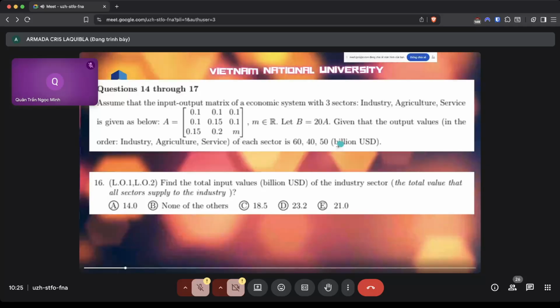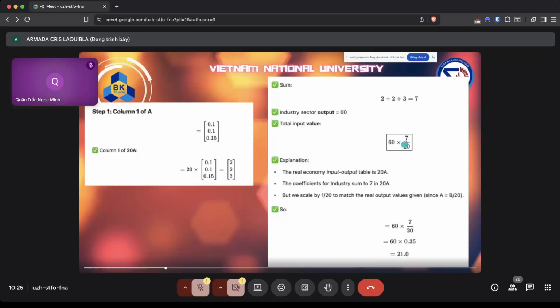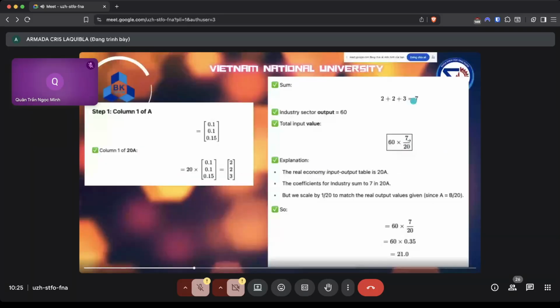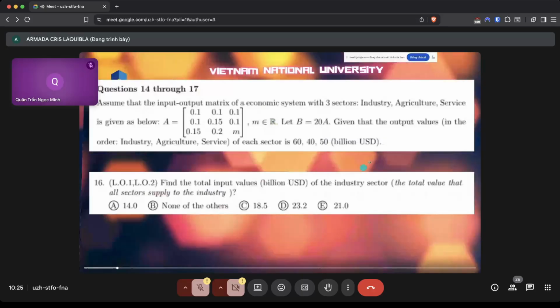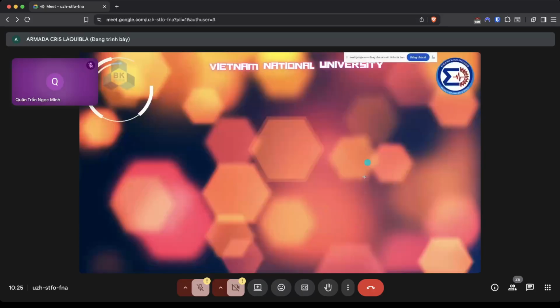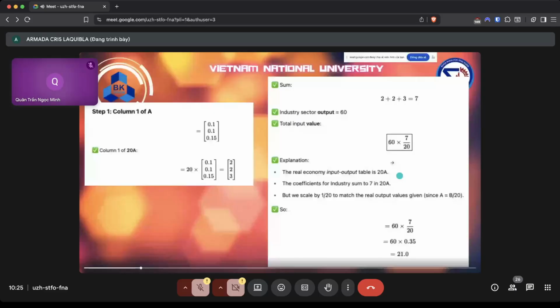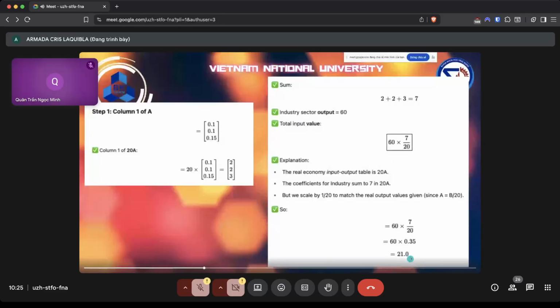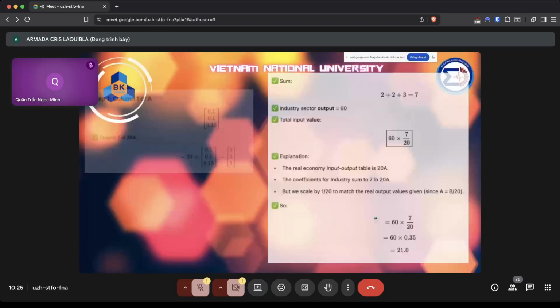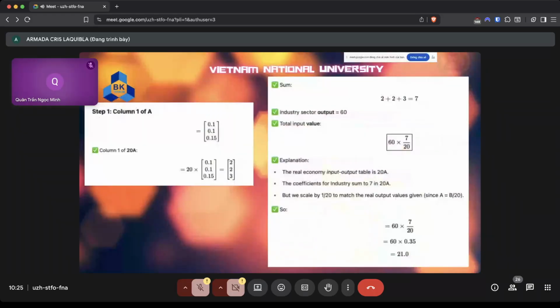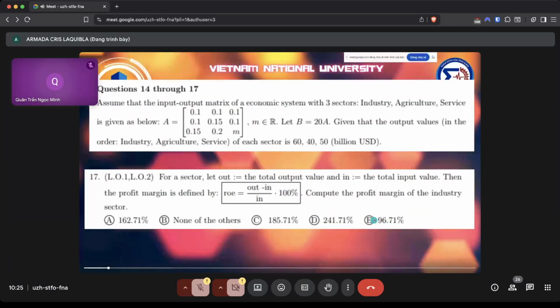Okay. So next, the total input value should be 60 times 7 over 20. The real economy input-output table is 20A, which is the B here. So 60 times 7 over 20, if you multiply that, the answer is 21. And 21 is here, letter E. Okay. Next question, number 17. You have here